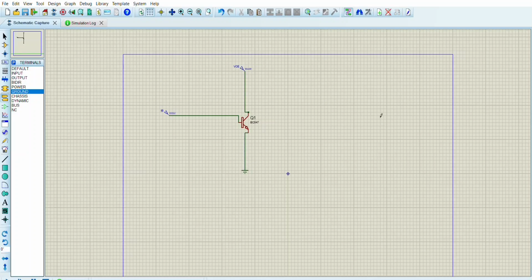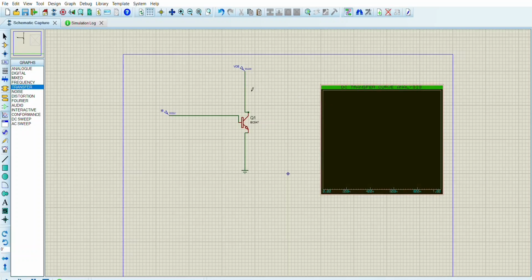Now we have to plot. So for this plot, we will go to this graph. We will place a transfer. Select the transfer and place the graph here. This way. Now one more thing. We have to plot IC for these two sources, changing VCE and for different IB. So we will take a